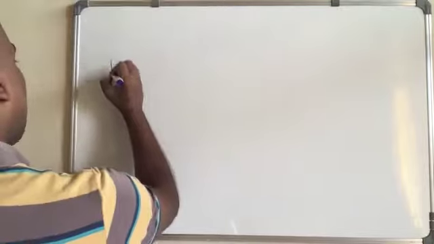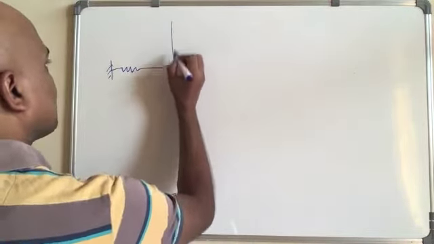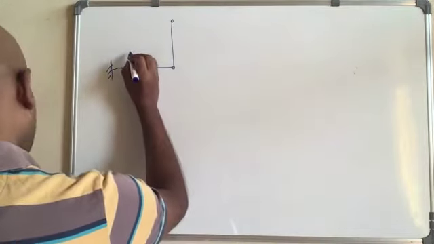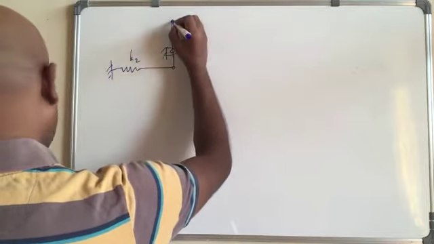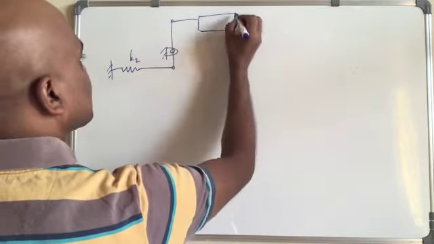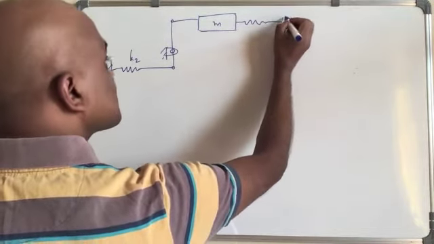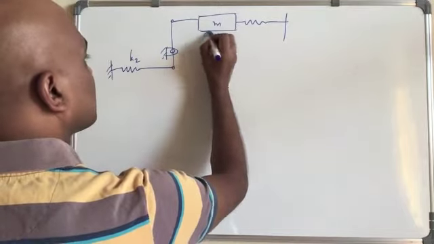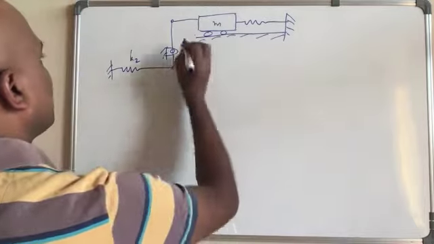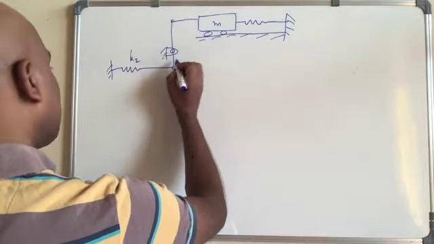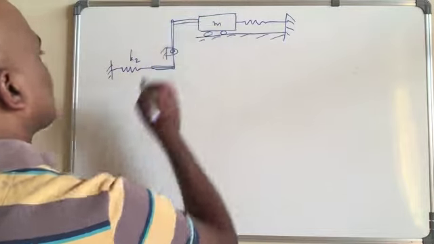Another question where I'm asking the natural frequency is this one. So this is something like this. Here it is k2, and here like this, and there is a mass here m, and then so this is like this. Yeah, so this is a link from here to here. So this is a link like this.